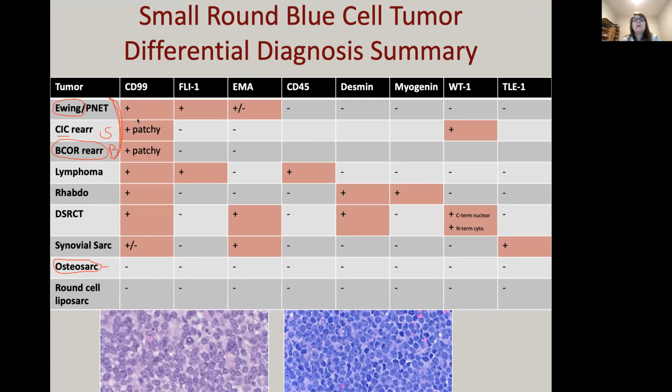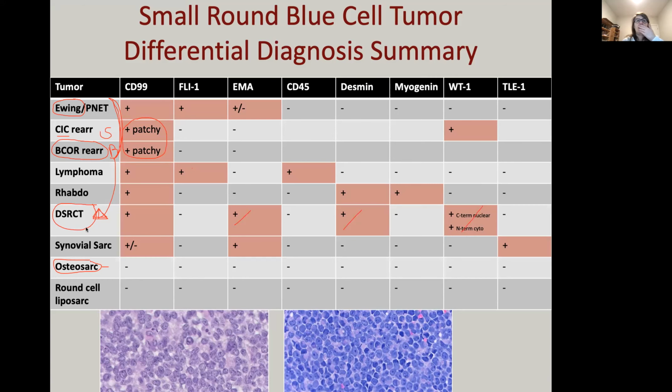But they can all be clued in by the fact that their CD99 is somewhat less robust than Ewing's. I will also put in desmoplastic small round cell tumor here as a Ewing's-like small round blue cell tumor because it also has similar morphology, and they actually will treat desmoplastic small round cells essentially exactly like a Ewing's. But this has divergent differentiation, expressing EMA, expressing myogenic markers, expressing neural markers, expressing